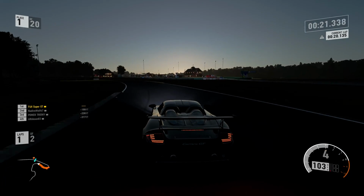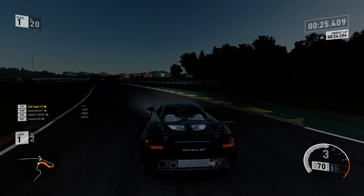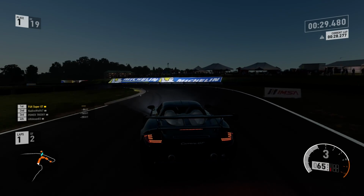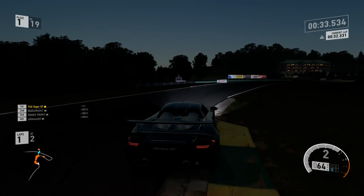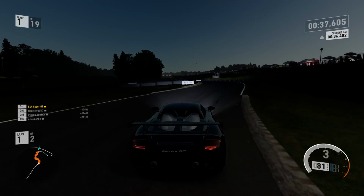Now that I'm in the lead, just try to really nail this first lap, really get that gap going. Then hopefully 2nd and 3rd will start fighting with each other, and then that gap will begin to open up. So through the complex, just a big dab of throttle mid-corner, there it is, just to get that car rotated